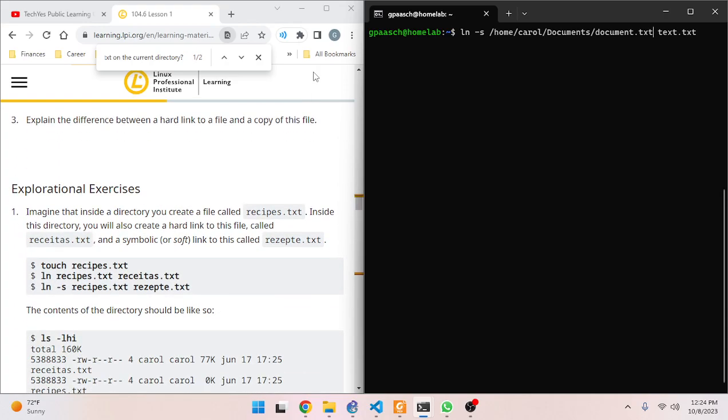All right, so the last one, explain the difference between a hard link to a file and a copy of this file. So, okay, a hard link to a file has the same inode data that points to the same data on the disk. A copy of the file has the same data on the disk at the moment it was copied, but then it can be changed. A hard link file, if you change either one, it will